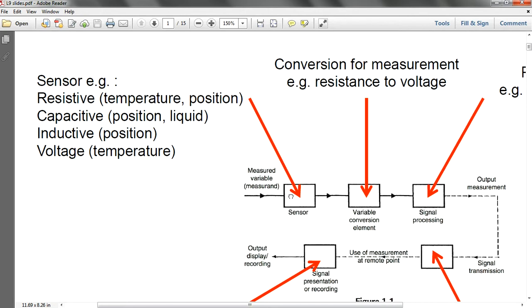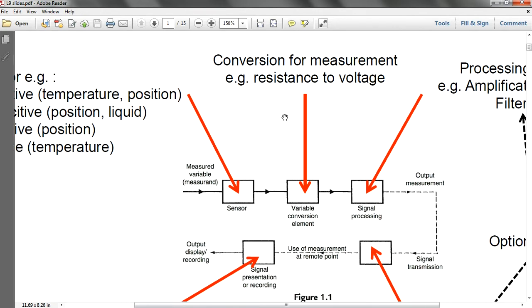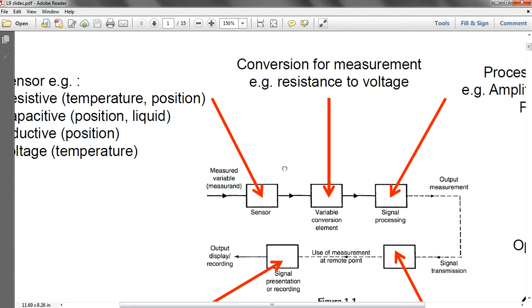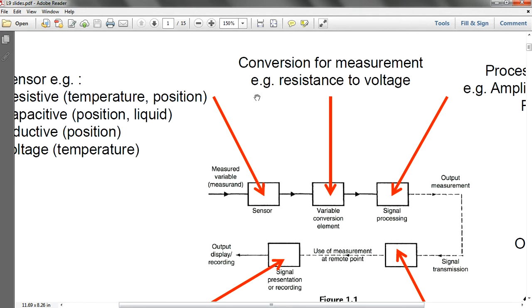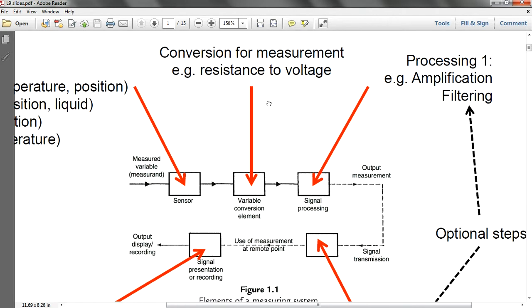Chapter 3, alright. And then this is the variable where you have the conversion of measurement. So you have to measure whatever changes. You're talking about measuring the resistance, measuring the voltage. In order to measure that, you're going to use your ammeter, your voltmeter, your multimeter, everything in your chapter 2, right? And then signal